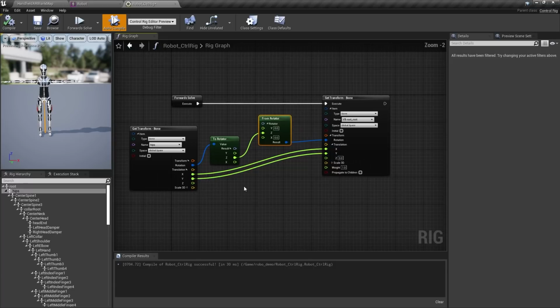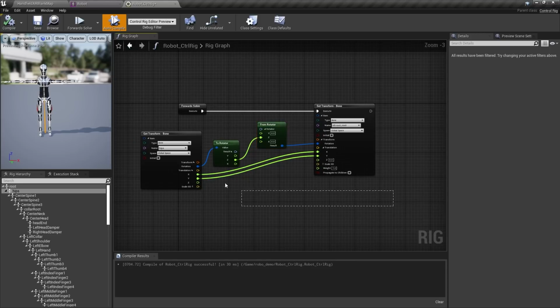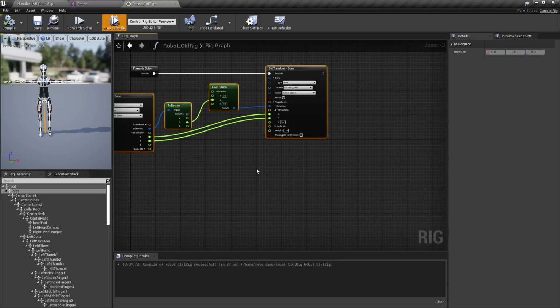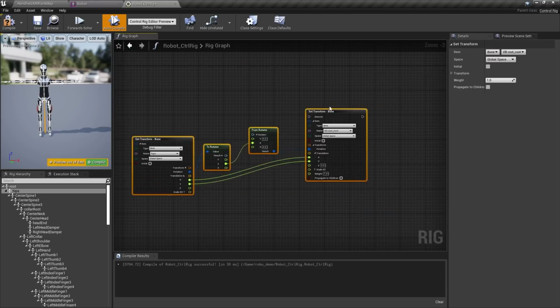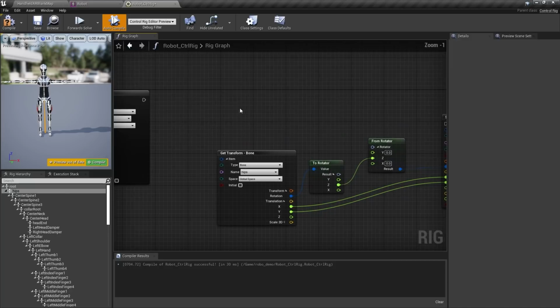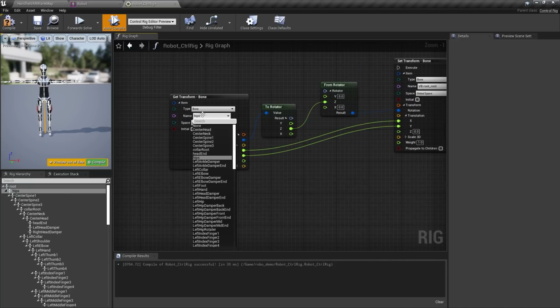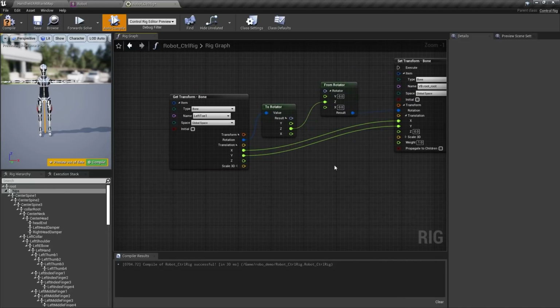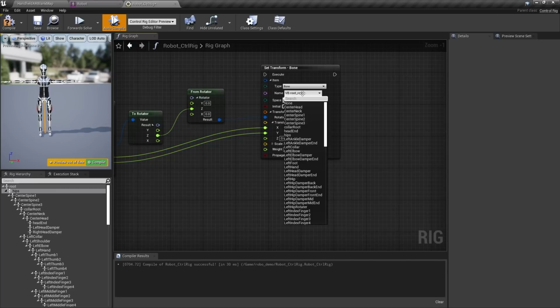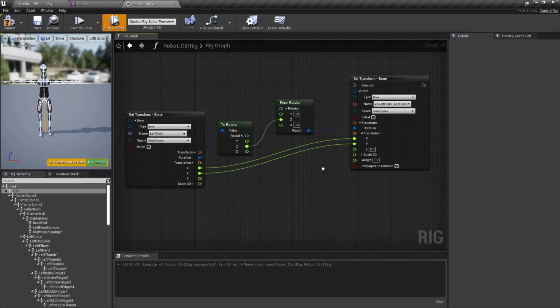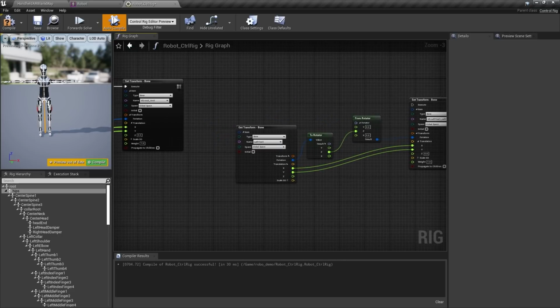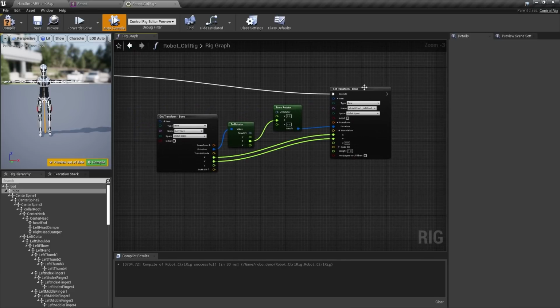The next thing we want to do is basically the exact same thing for the other two virtual bones that we made. So I'm going to highlight all of these nodes and just duplicate them. We'll move it over here, and instead of hips, we're going to search for toe, and grab our left toe 1, and then do the same thing over here. We're going to search for toe, and add our virtual bone left toe. Pretty straightforward, and we'll wire that execution up.